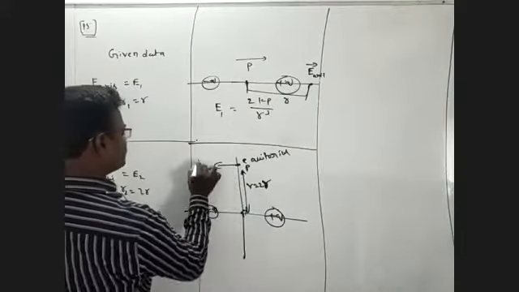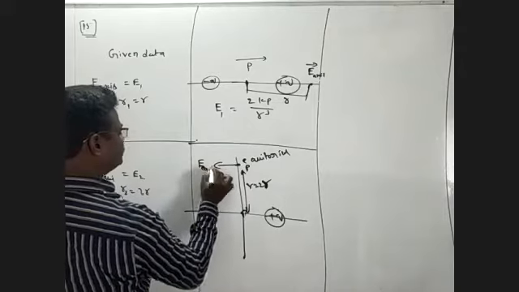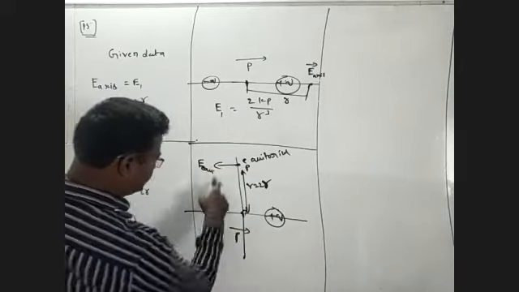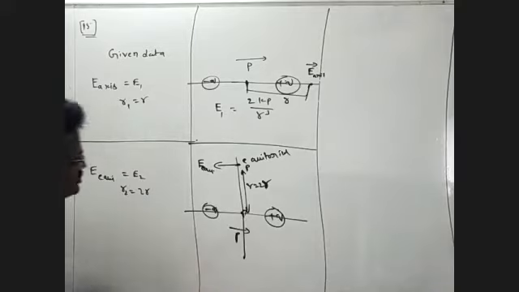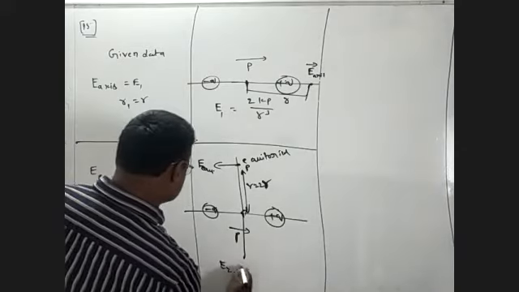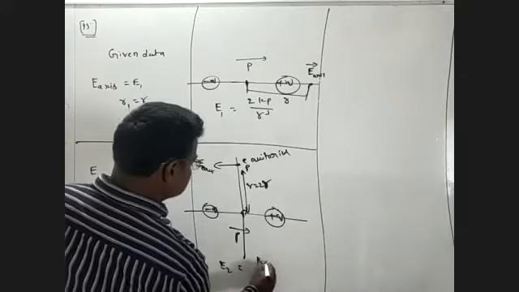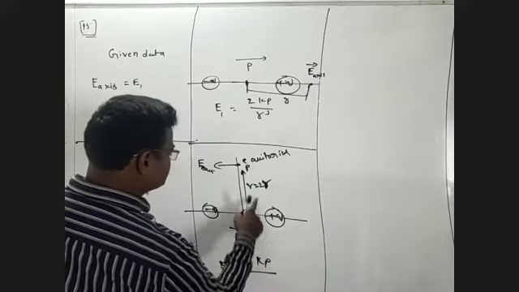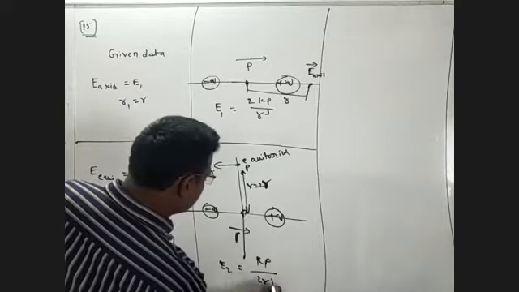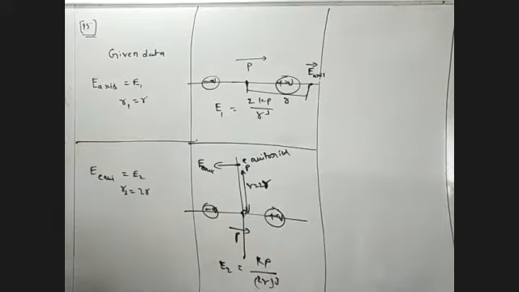This is the direction of E-eq and this is the direction of p bar. Both are in opposite directions. This is E2, the equatorial field, which is kp divided by the distance cubed. What is the distance? R is equal to R, so it is kp by (2R) whole cubed.